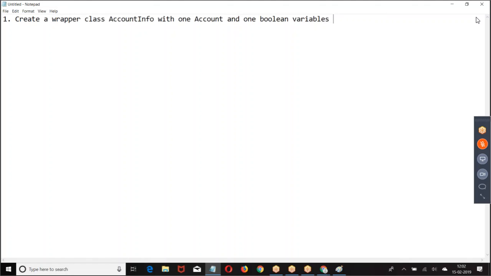Create a wrapper class, account info with one account and one Boolean variable. First complete this.